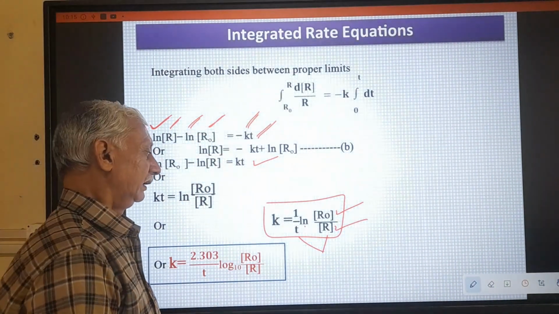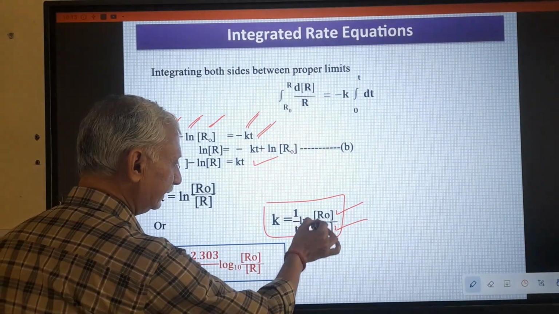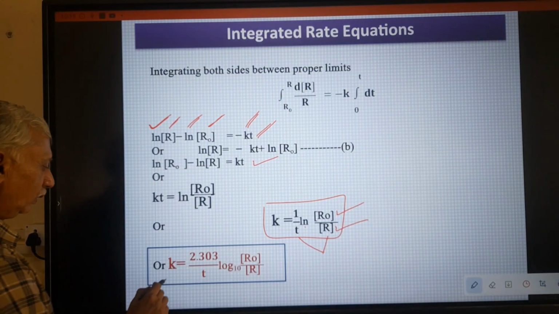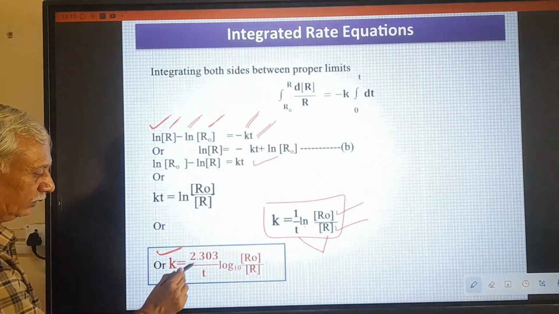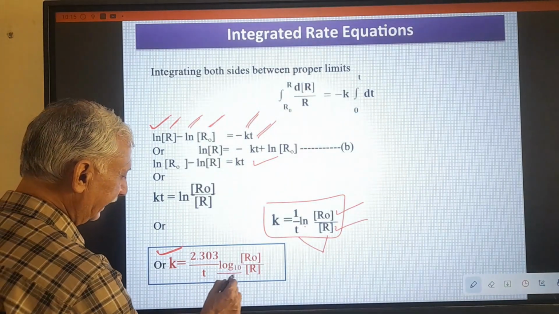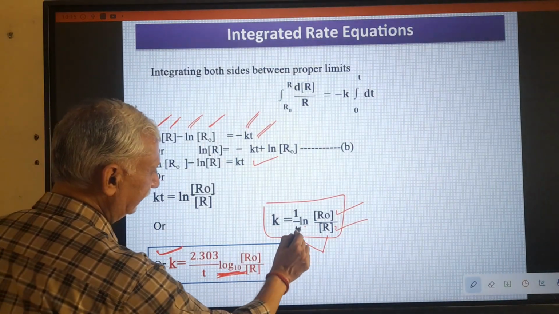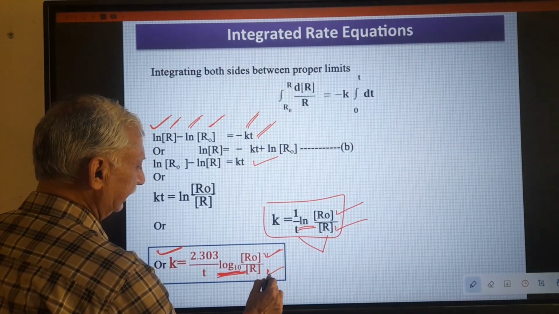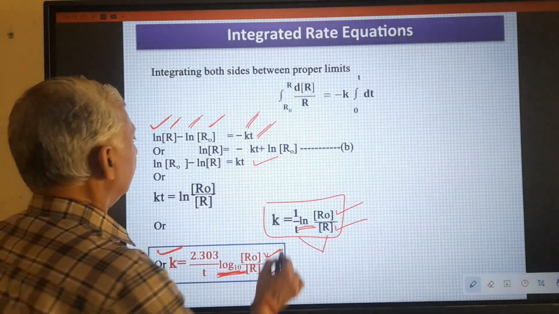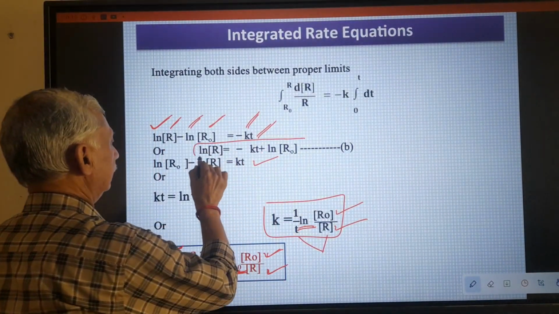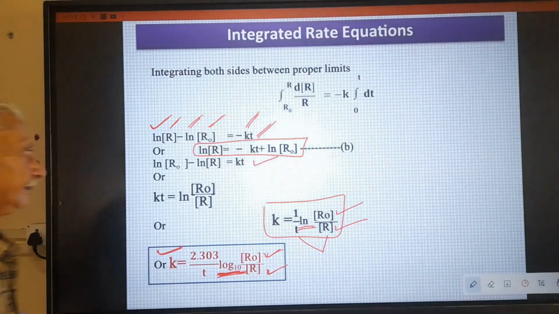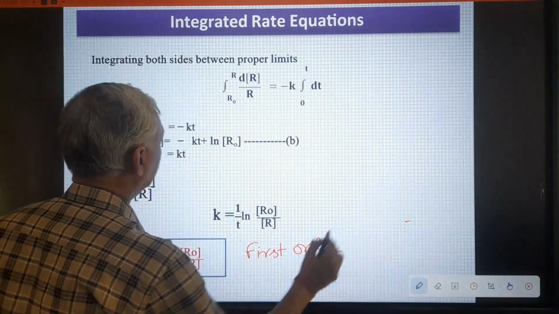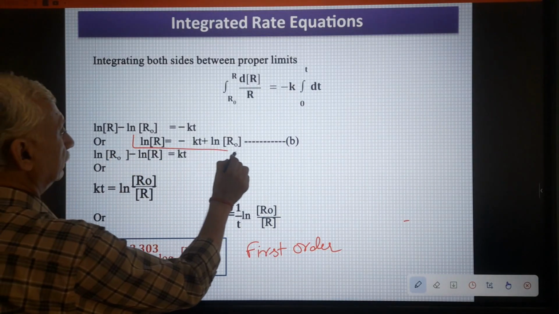Since our log table is to the base 10, we will convert natural log into log to the base 10 by multiplying it by 2.303. Then our equation becomes k, the rate constant, is equal to 2.303 upon t log to the base 10. Remember that this is log to the base 10, and that is natural log to the base e. This is again the initial concentration of reactant and the concentration of reactant after time t. According to this equation B,